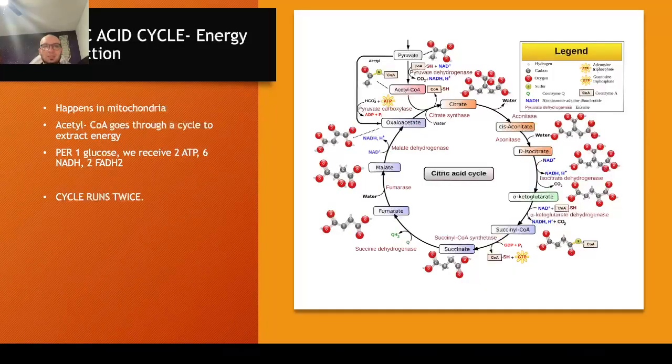Next step is the citric acid cycle. Now that we have acetyl CoA, it enters the citric acid cycle, which takes place in the mitochondrial matrix. For each glucose molecule, the cycle runs twice, which will produce 2 ATP, 6 NADH, and 2 FADH2, which will be used later. This step extracts the most high energy molecules, which will be converted into ATP in the final step,